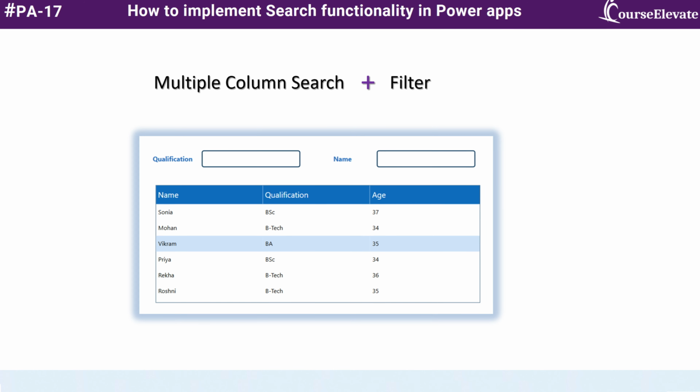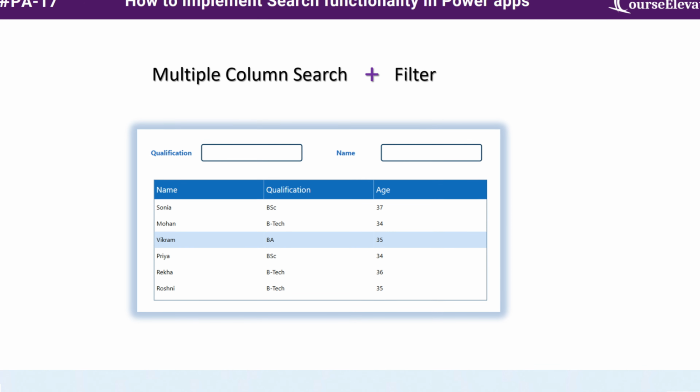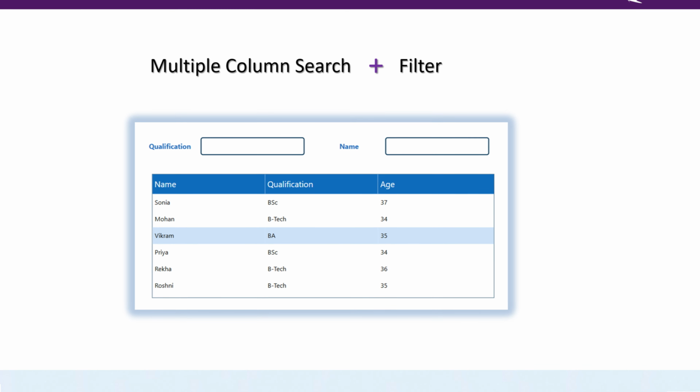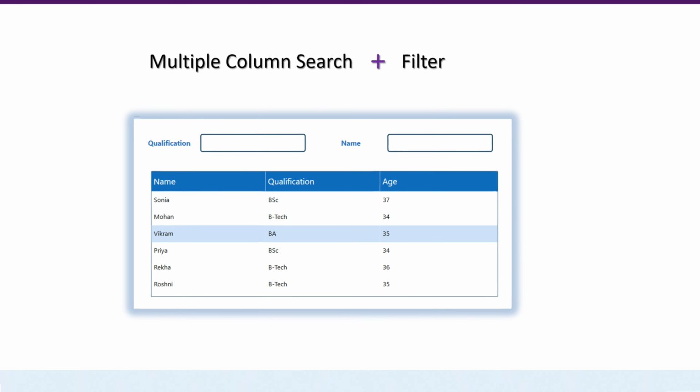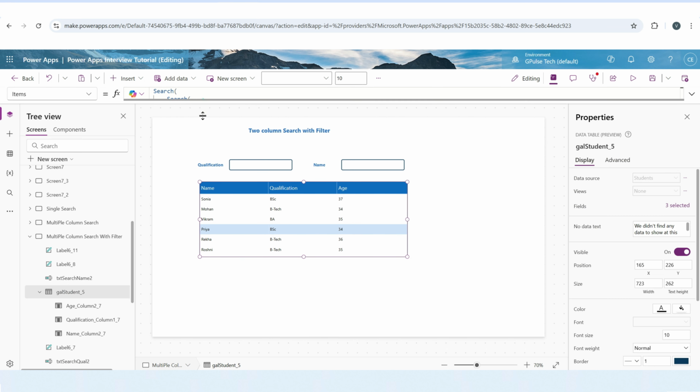Let's see our third scenario, search with a filter condition. Sometimes, especially with a large dataset, we want to filter the data first before applying a search. So here's our third example. Let's see the Items property.